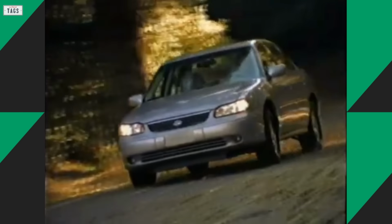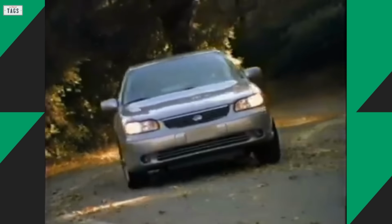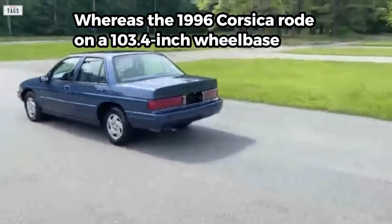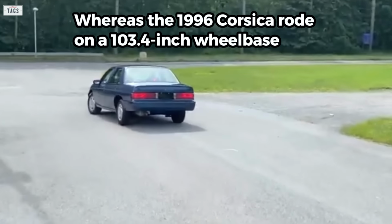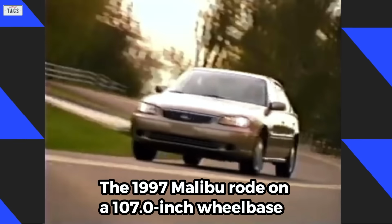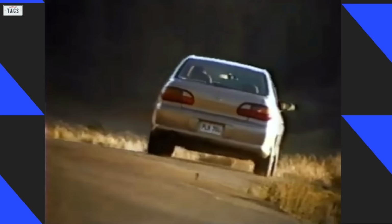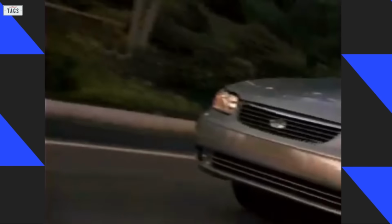Filling in for the Corsica, the new Malibu had a larger footprint with greater dimensions inside and out. Whereas the 1996 Corsica rode on a 103.4-inch wheelbase, the 1997 Malibu rode on a 107-inch wheelbase. The all-new sedan was also 7 inches longer overall. These larger dimensions contributed to 7 more cubic feet of interior room and a generous 3 additional cubic feet of